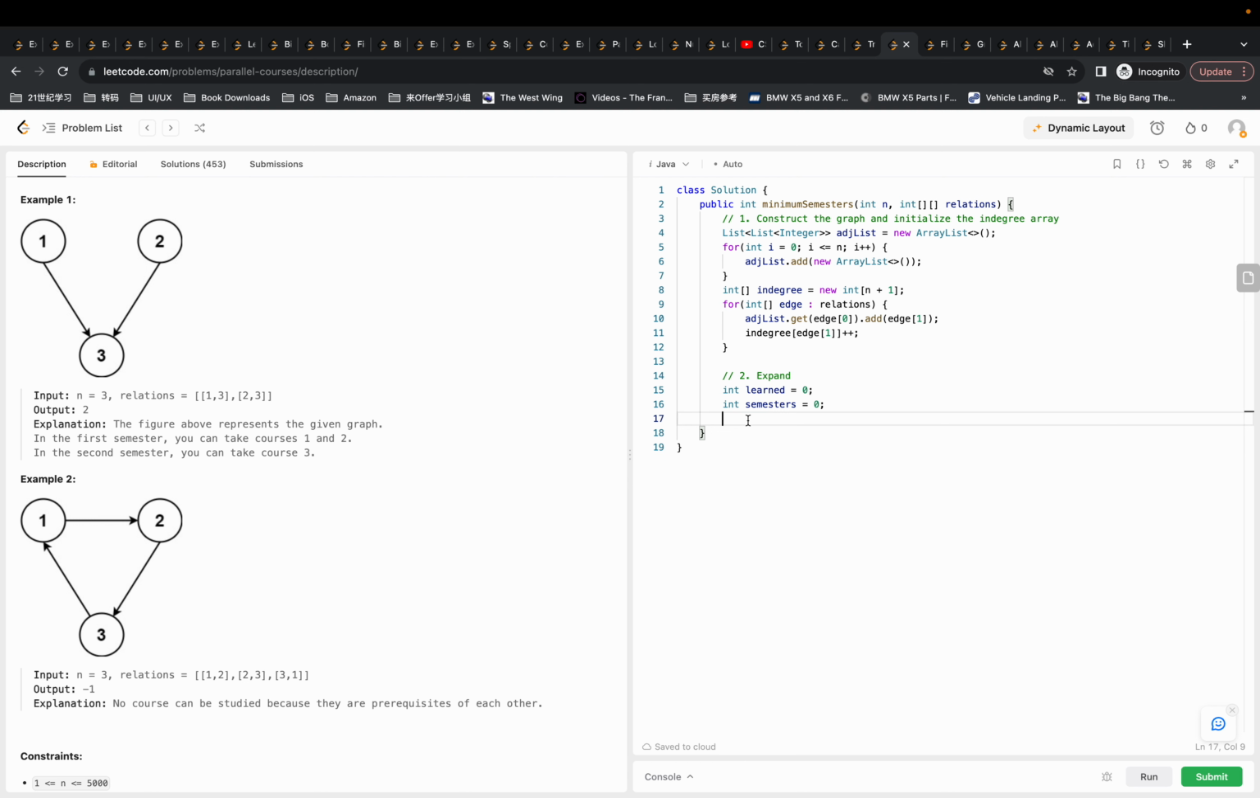And to do the topological sorting, we still need a queue with integers, so I'm going to call it a queue. And what do we have in the queue? We are going to put all the nodes with no in degree into the queue. So for int i equals 1 to n, if in degree i is equal to 0, we're going to add it to the queue. Then we can do our expansion. While queue isn't empty,